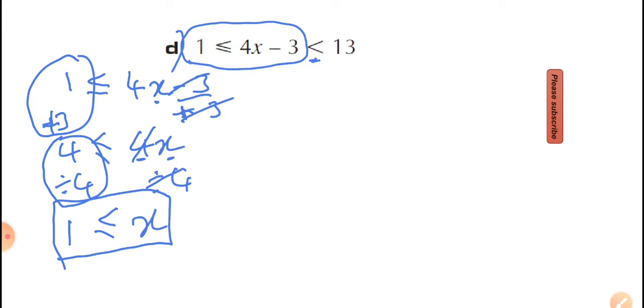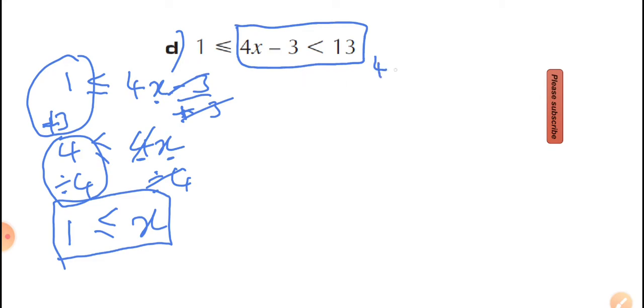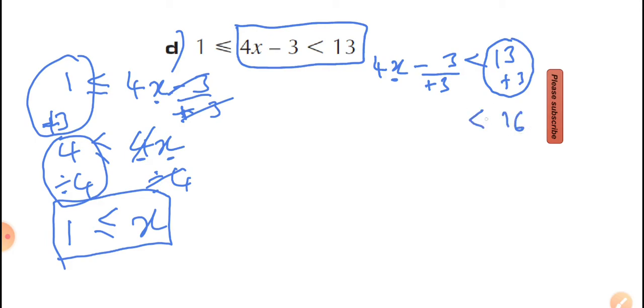Then to continue the question, we have to now look at the right hand side. So that would be this bit here. So I'll copy that down. 4x minus 3 has to be less than 13. So now to get this x on its own, I have to deal with this minus 3 first. So I have to add 3 to both sides. So on the right hand side, 13 add 3 is just 16. Copy the sign down. On the left hand side, the minus 3 and the plus 3 cancel out, leaving me